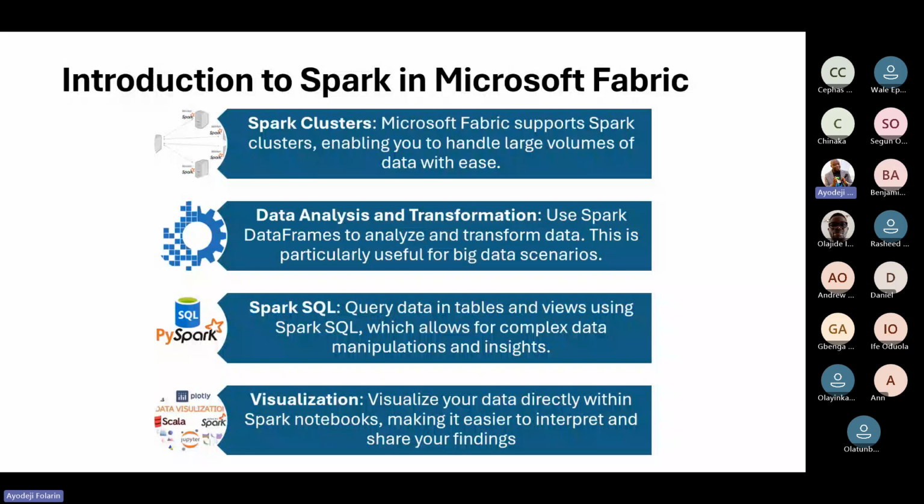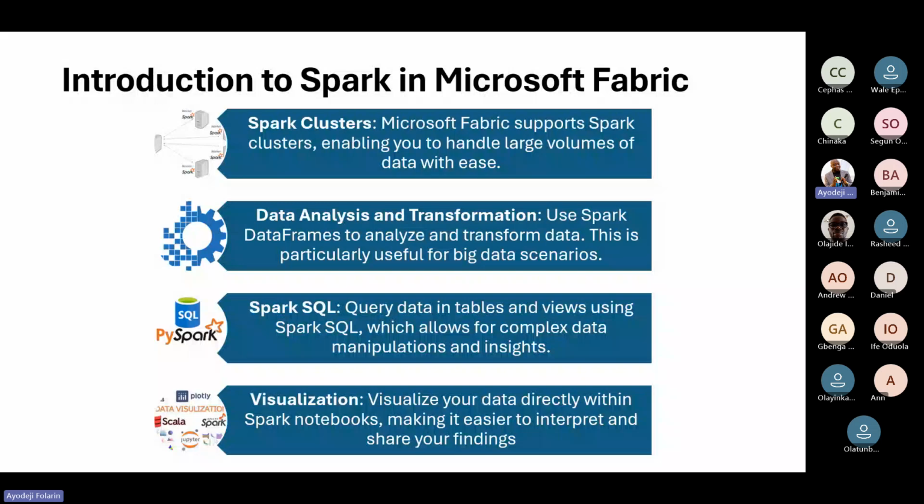And if each of them spends 1 hour, after 1 hour, it will bring them together in its own special way. The next thing we have is everything processed in 1 hour instead of getting it done in 10 hours or more. So that is a layman explanation of what a cluster is all about. So Spark cluster, Microsoft Fabric supports Spark cluster, enabling you to handle large volumes of data with ease.